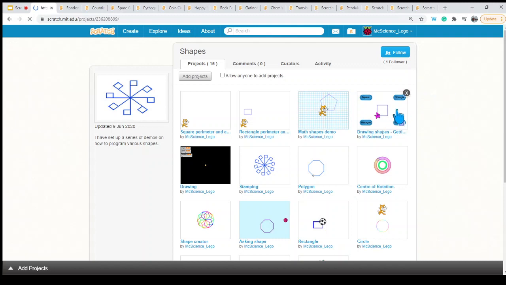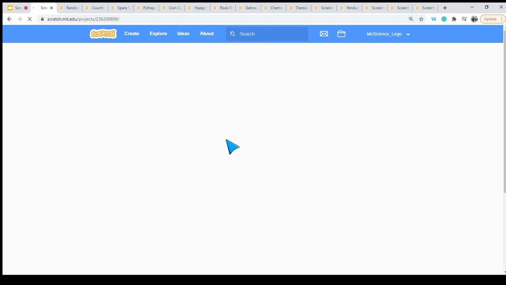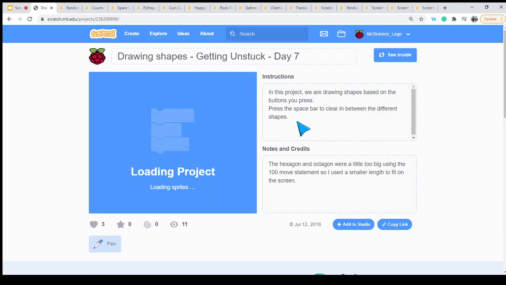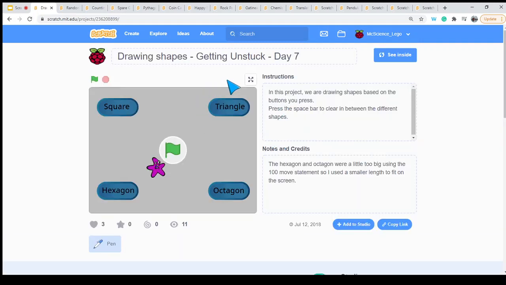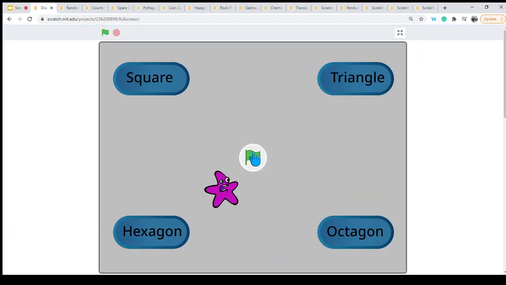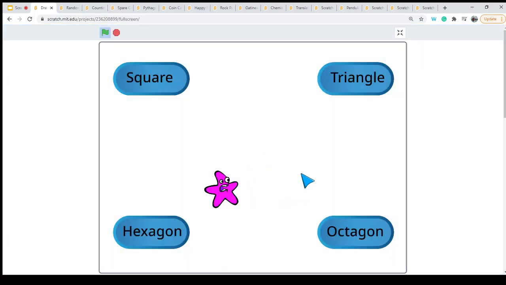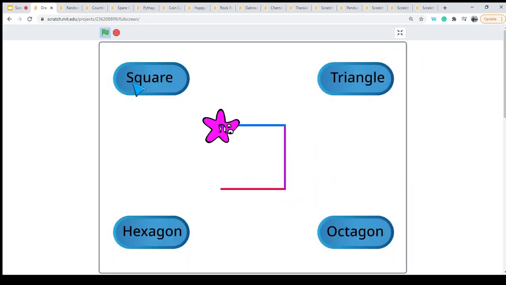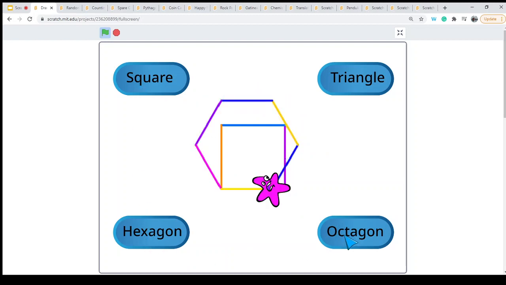If I just dive into this one, we can see that when we click on the button, I'm just going to make it nice and big. So we click on the button, we can draw it out there. So if I wanted to just explore them,